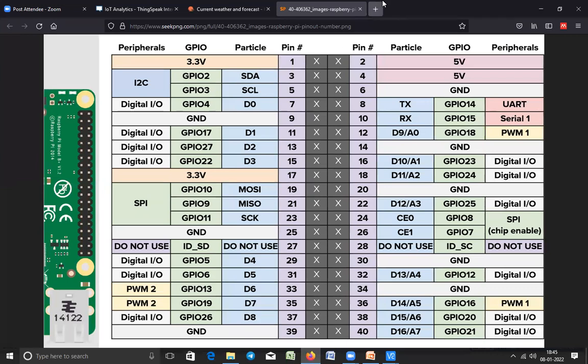Anyone tell me? Each GPIO works in either one mode or the other mode. What are the modes here? In Arduino you know these modes, right? In Arduino, or ESP8266 also, you have GPIOs. They are very similar GPIOs. So there are two modes, right? What are the two modes? Anyone can type. Some of you are learning Arduino in our training program. You can type the answer.